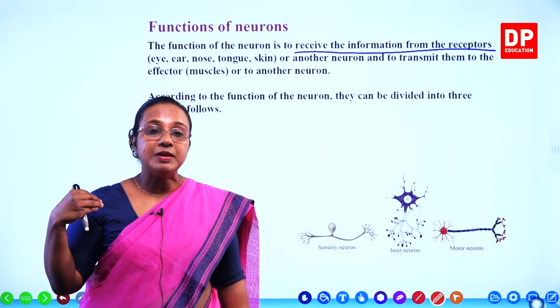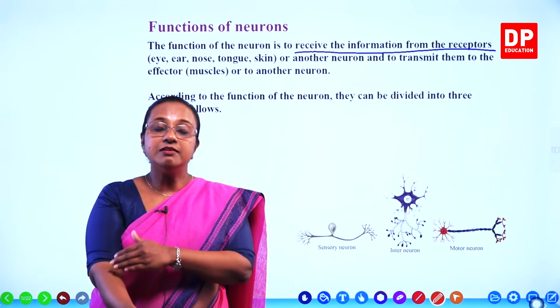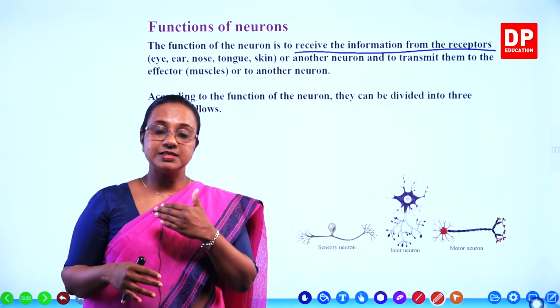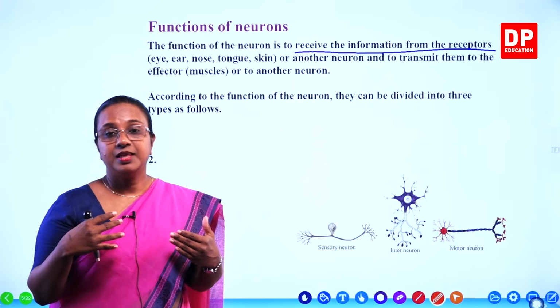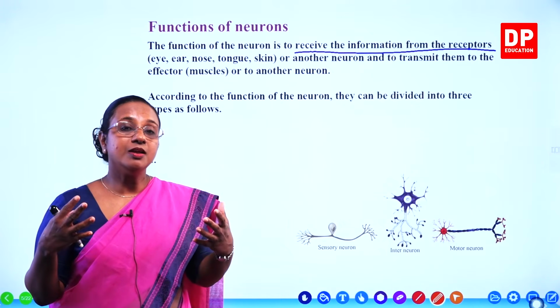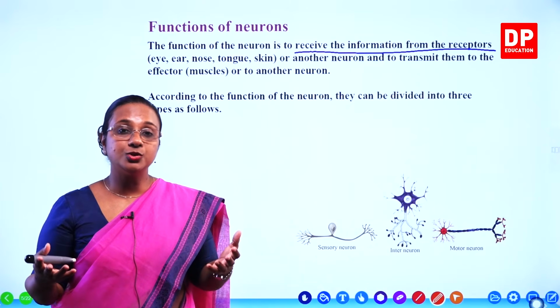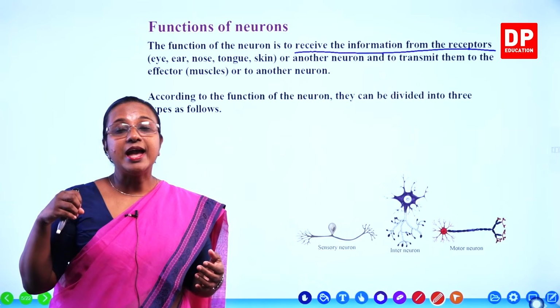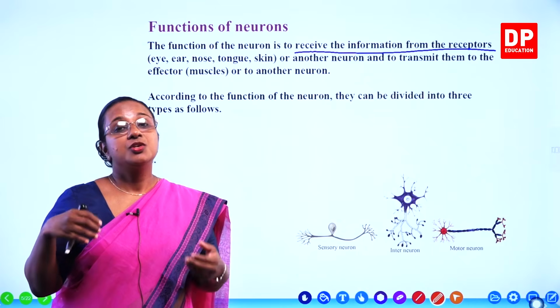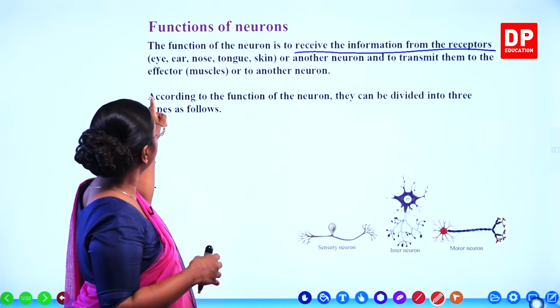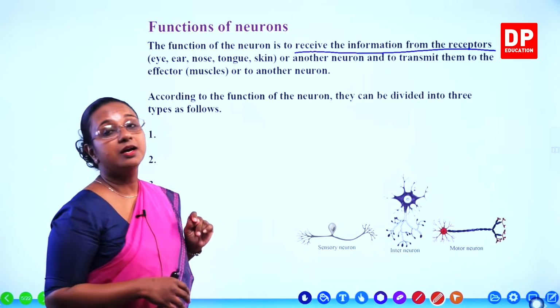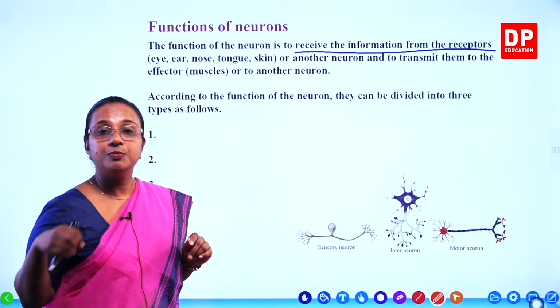That information is given to the rest of the neurons present and finally to the nervous system. And there the brain or the nervous system says what to do. Remove your hand immediately. So the response is transmitted back to the effector so that you pull your hand